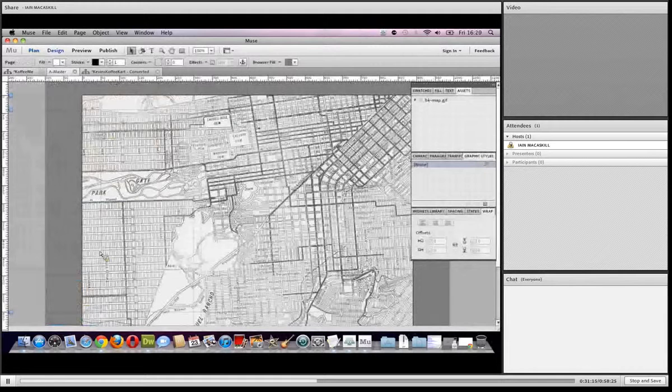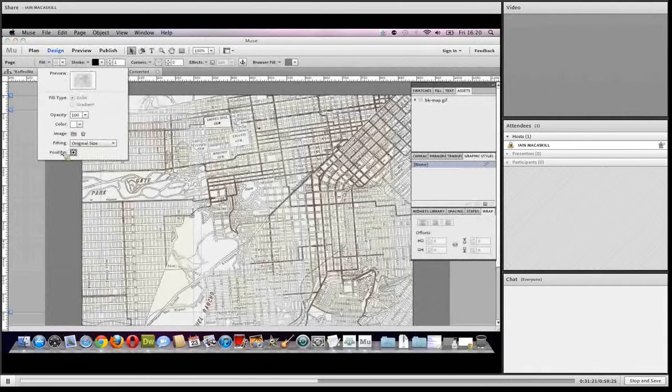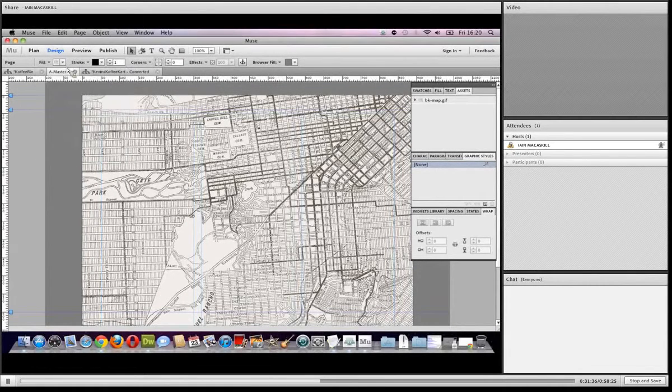Now if we go back into our master, okay, and I'm going to go back to fill, and you can change the fitting to any kind of option. We'll keep it on original size, because the dimension would have been predefined in Photoshop. Okay, so the next thing is what we're going to do is